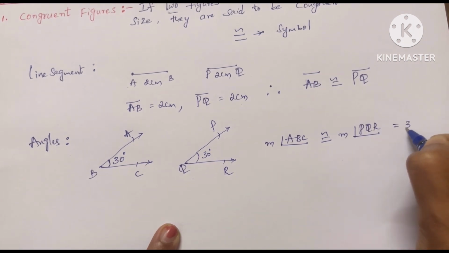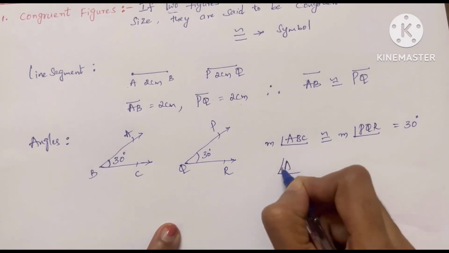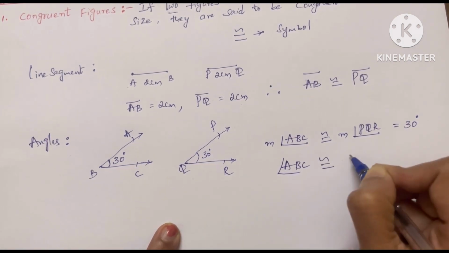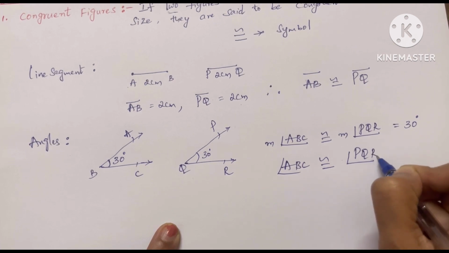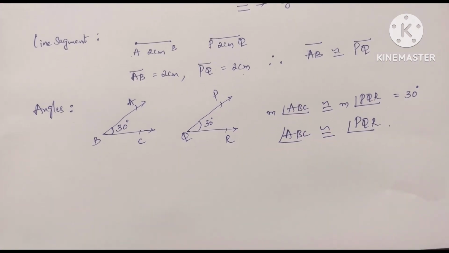How much? 30 degrees. So angle ABC is congruent to angle PQR. So these are congruent angles. Then any two figures you can take, but make sure they have equal shape and size, and when we superimpose them on each other, they should overlap with each other, not giving any extra space, then we will